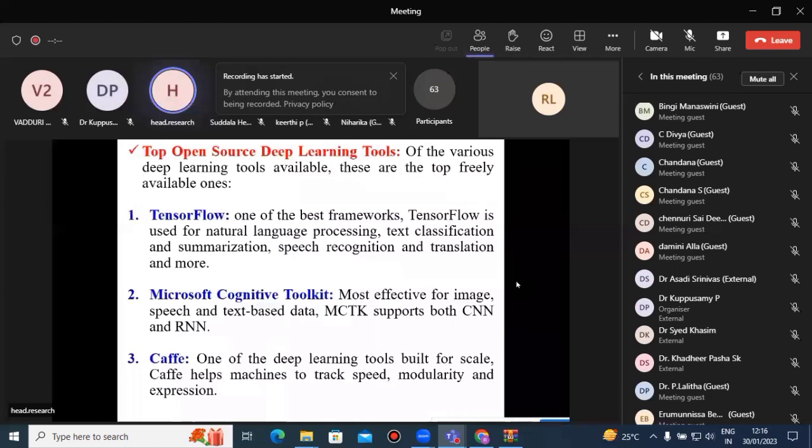So these are the top 10 deep learning tools we are using. TensorFlow, I have already described TensorFlow. It is a deep learning tool, one of the best frameworks. TensorFlow is used for natural language processing, text classification and summarization, speech recognition and translation, and more. Microsoft Cognitive Toolkit is most effective for image, speech, and text-based data. CNTK supports both CNN,